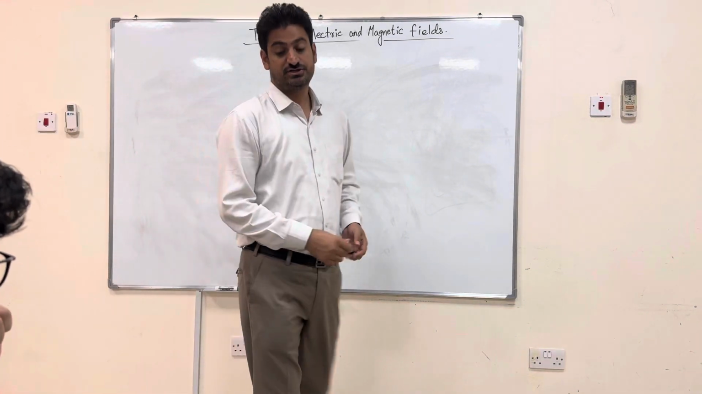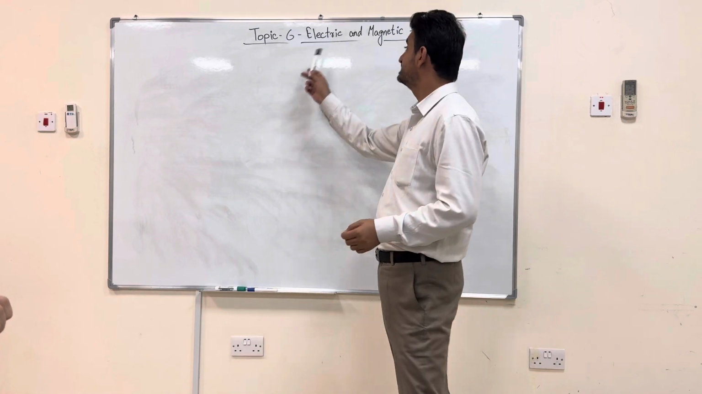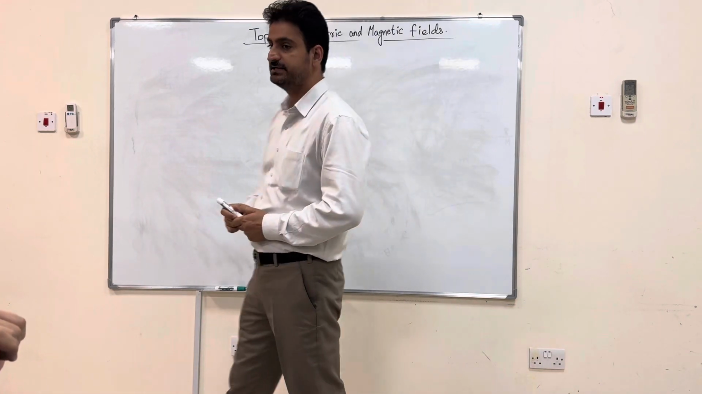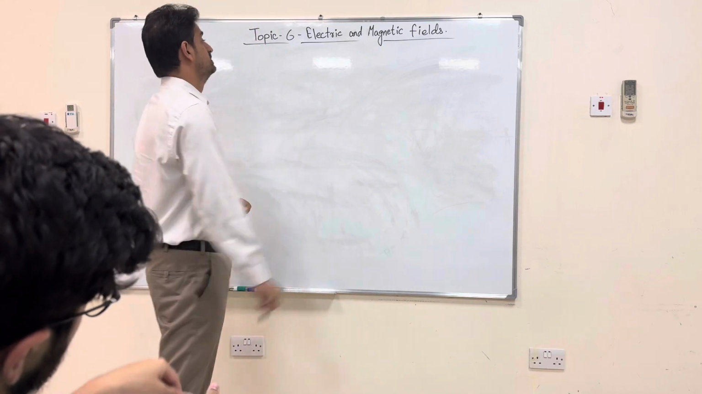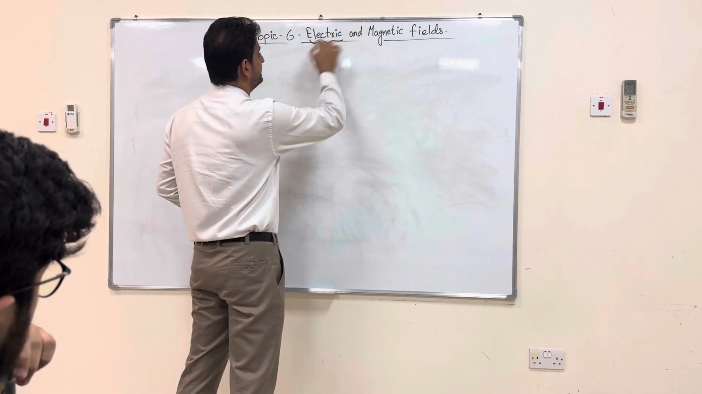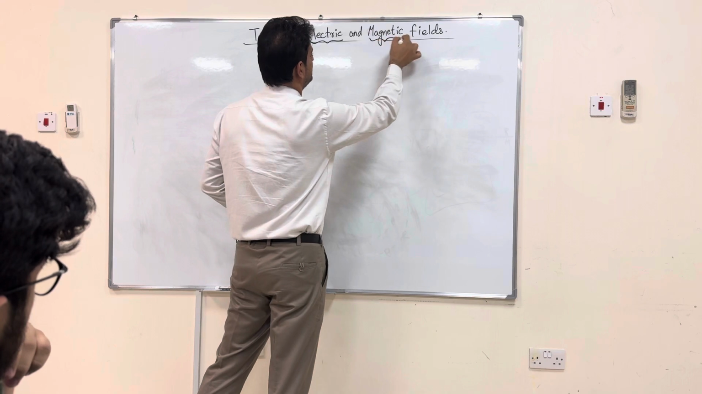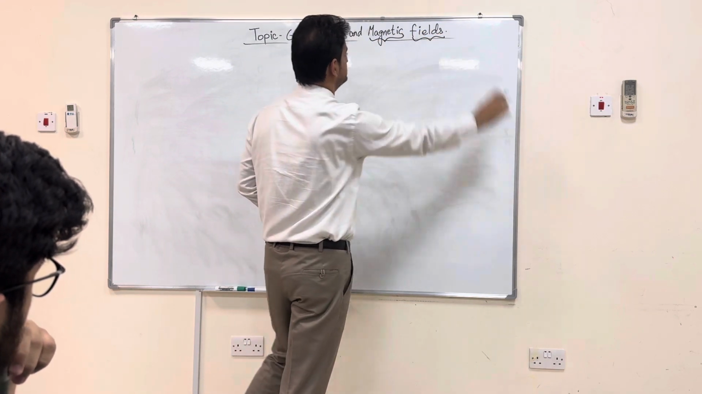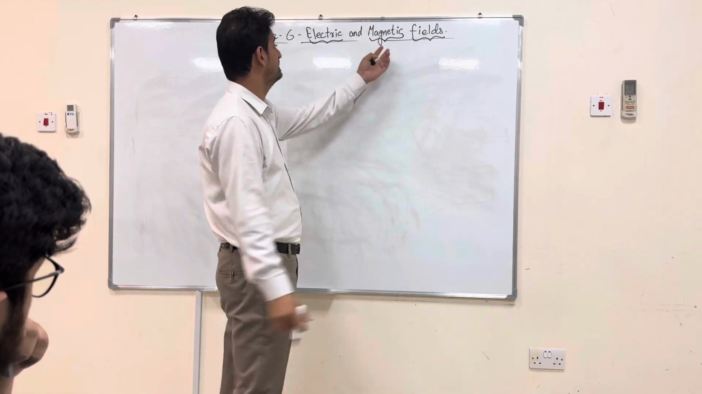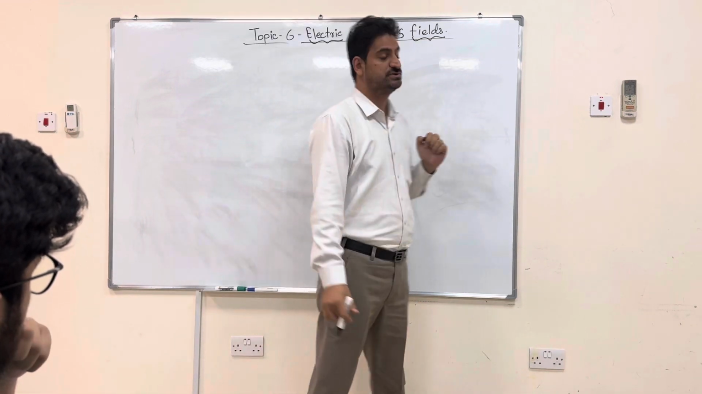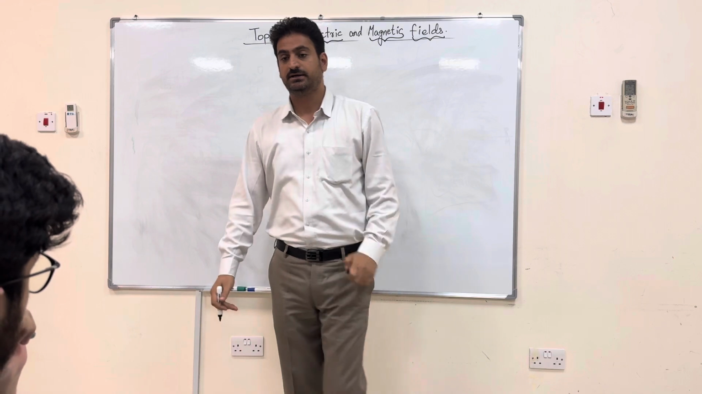Okay, so the topic today is topic 6, electric and magnetic fields. So the first word is electric, the second word is magnetic, and the third word is fields. Before talking about the electric and magnetic thing, the first thing that we want to understand is the word